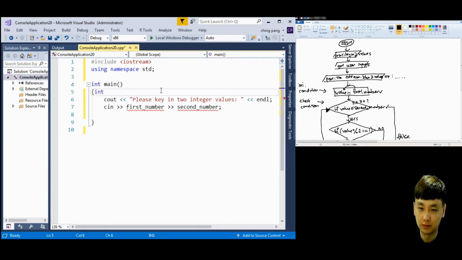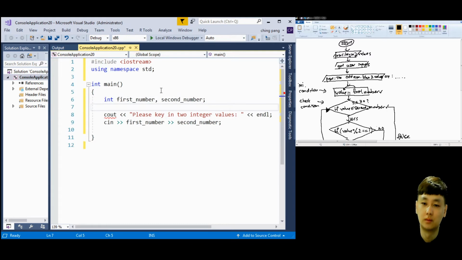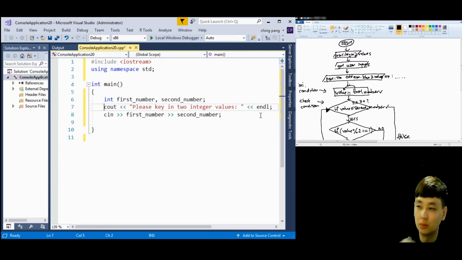So these are integers: first number, second number. Alright, so again print the odd numbers. Okay, cout. The odd numbers between the two values are